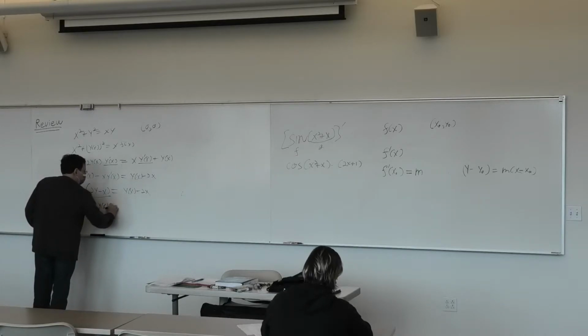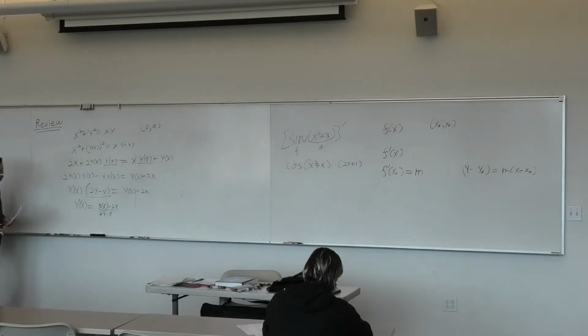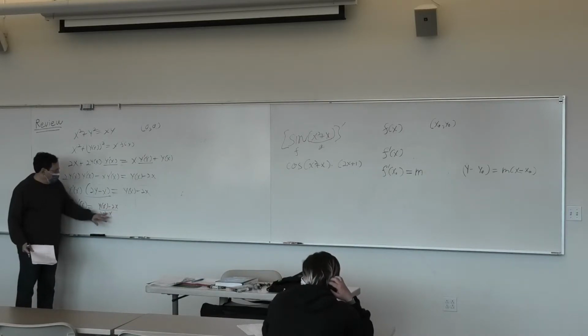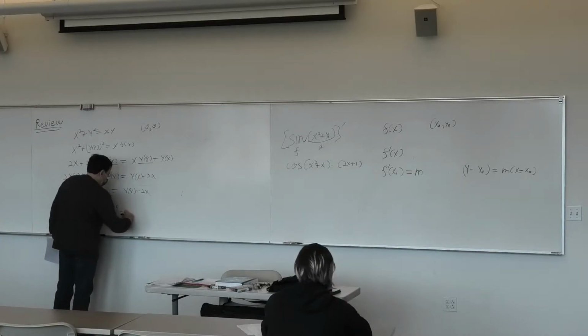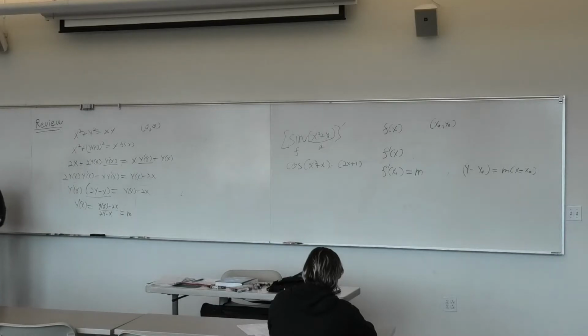So y minus 2x over 2y minus x. Yeah, I need a better point in this. This is going to be undefined. But if I give you a point on this curve, you can just plug x and y in here and get m, and then use the formula for the line. So you should know how to find the equation of a tangent line. You should be able to do implicit differentiation.